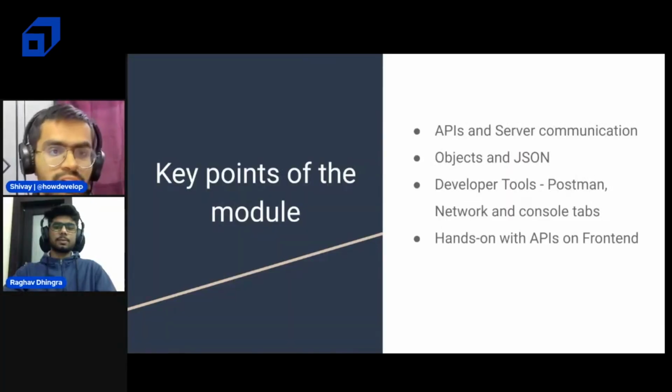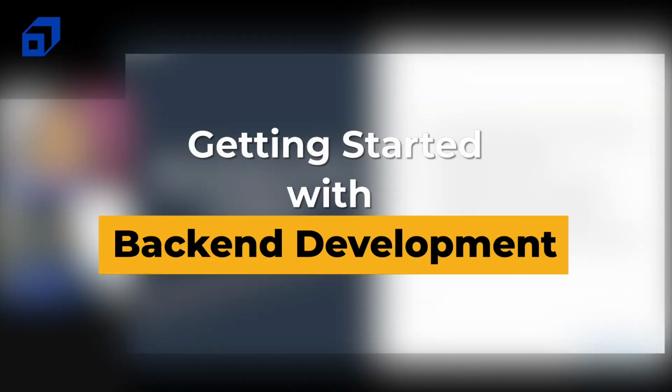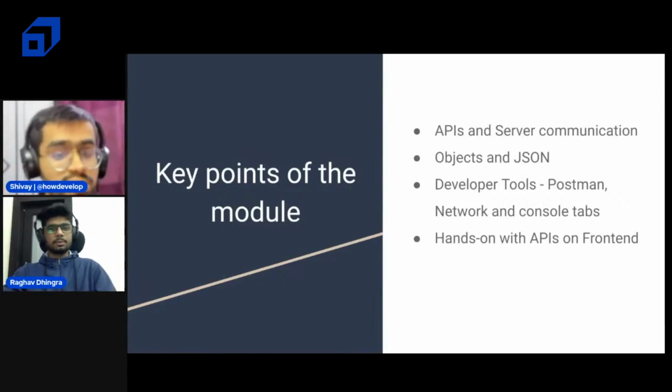The points that we're going to be covering today, we are going to be talking a lot about backend. So how a front end application will communicate with backend, and how does that client server architecture actually look like, what exactly are APIs, how does the information that is sent from the server to the front end with the help of JSON or object structures, what exactly they are,